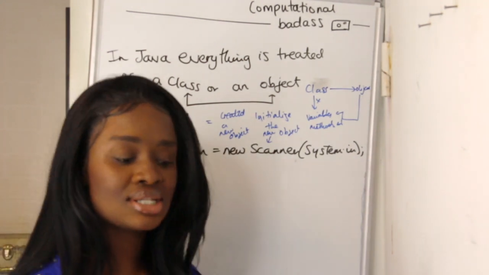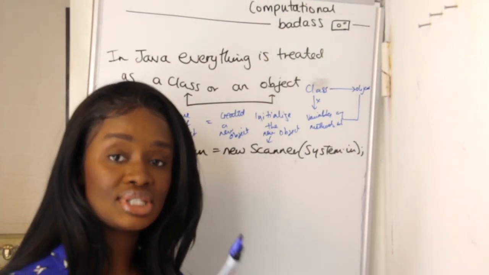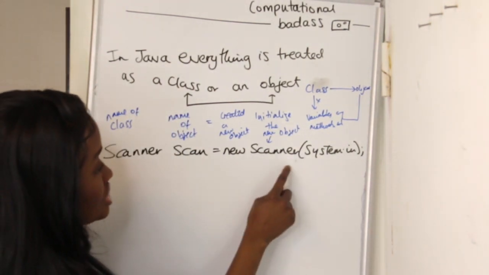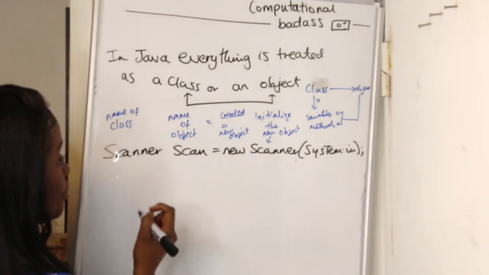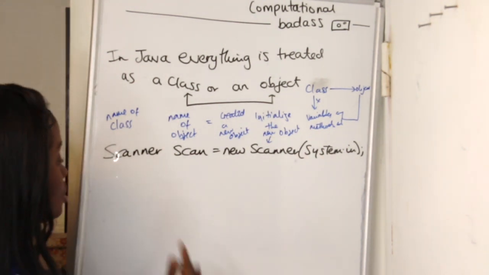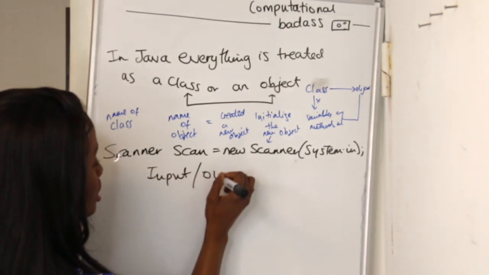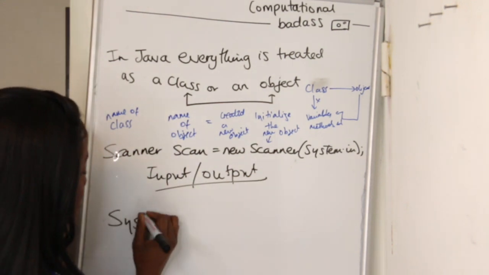And what Scanner does is, Scanner is a utility that Java uses to help take input from a user. So we write Scanner scan new Scanner System.in. So if we want to take input and output, okay, so we say System.in,